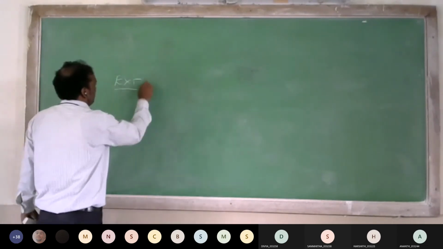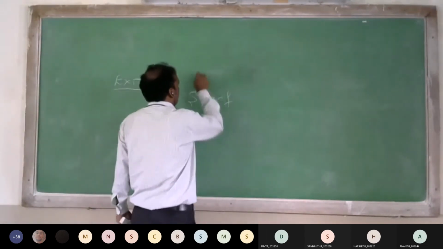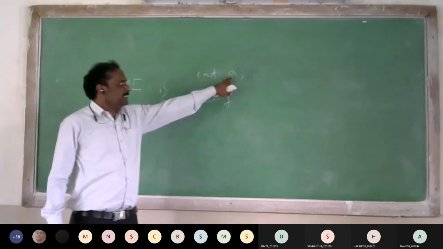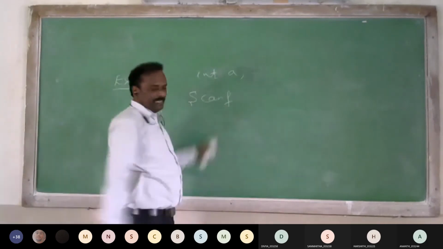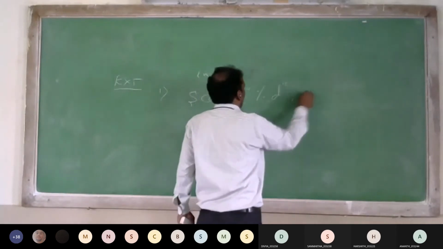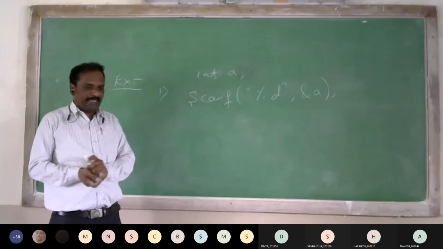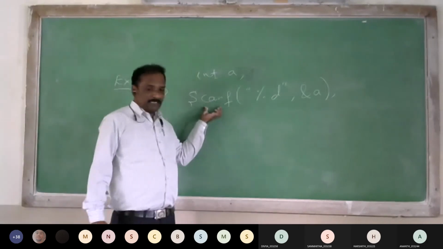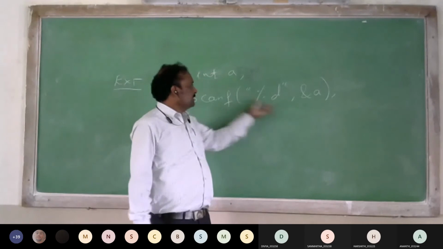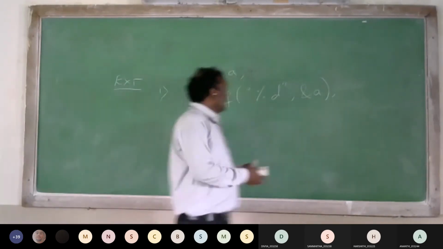Example for scanf. Example 1: I have taken the variable name as a, and a is of integer data type. To enter the value for a, you have to use this statement, scanf, with the format specifier for integer, %d, comma, address of a.